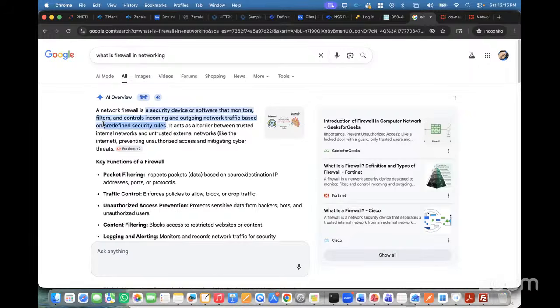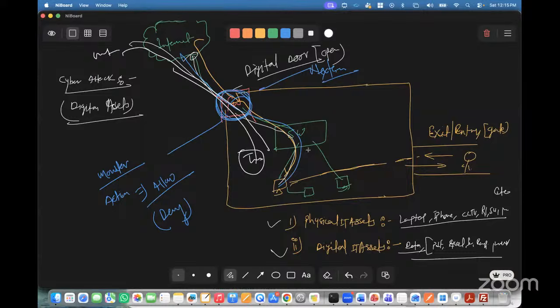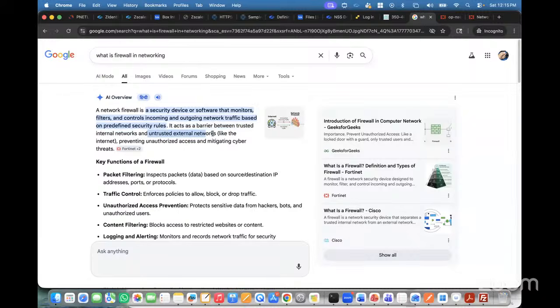Predefined security rules are basically the rules you are going to create. An access control list is going to be there. It could be that a policy can be there. Based on your rule, it is going to inspect your traffic. It acts as a barrier between the trusted internal network, which, as I mentioned, means your internal infrastructure network, any traffic on a LAN infrastructure, and the untrusted external network like the internet. Whether going from LAN to WAN, trusted to untrusted, internal to external, or coming from untrusted to LAN, it is going to monitor each and every activity, and based on that, it is going to prevent